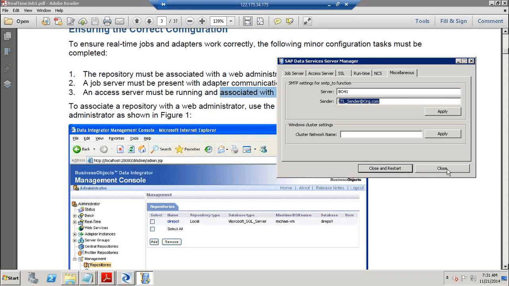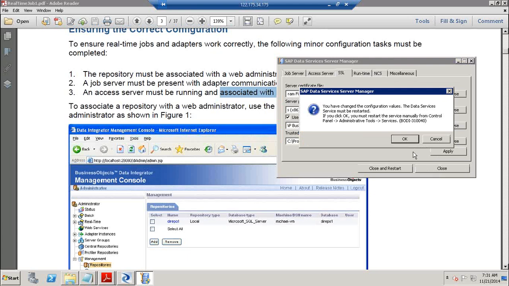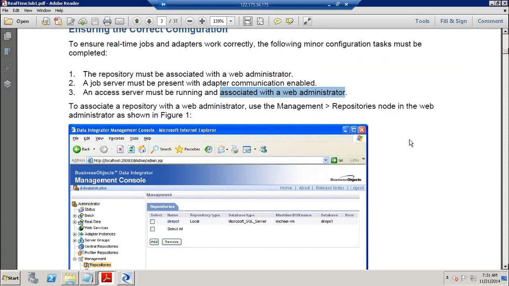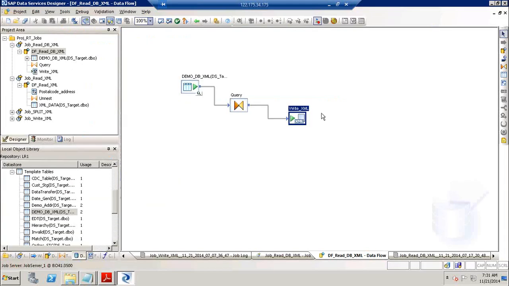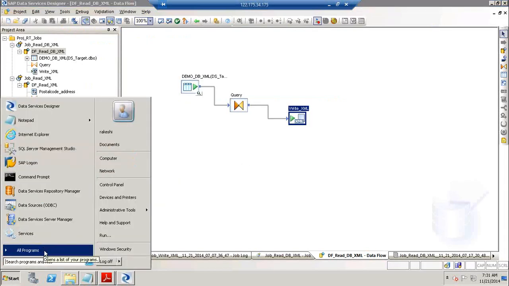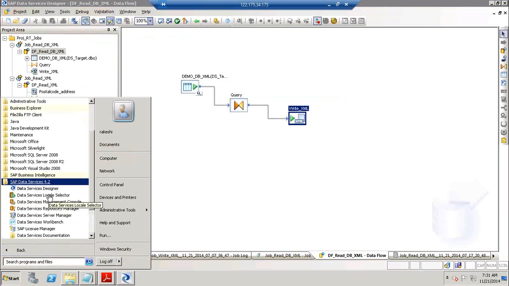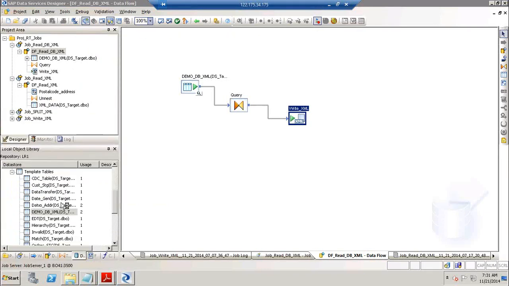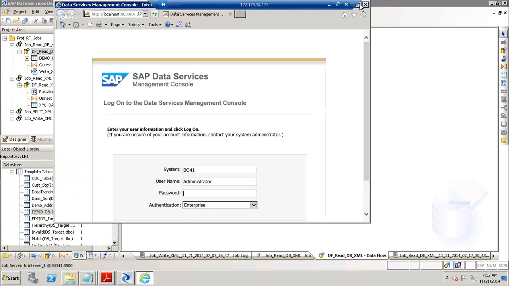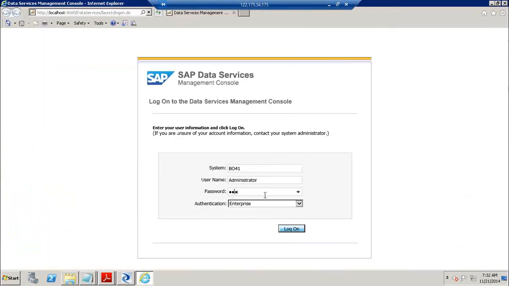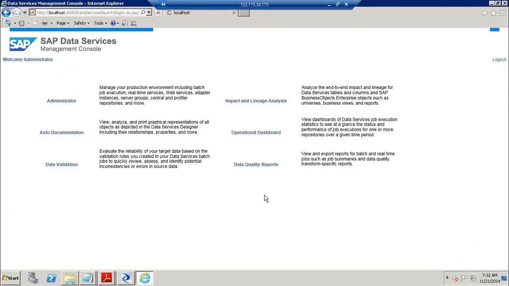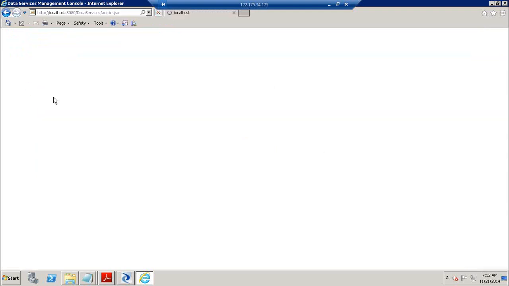So just click on close and restart will actually restart the services. I have already enabled them, so that's the reason why I'm not doing that. The next one is it should also be associated with the web administrator. So go to your data services management console with the navigation start, all programs, 4.2, and data services management console. Go to your administrator